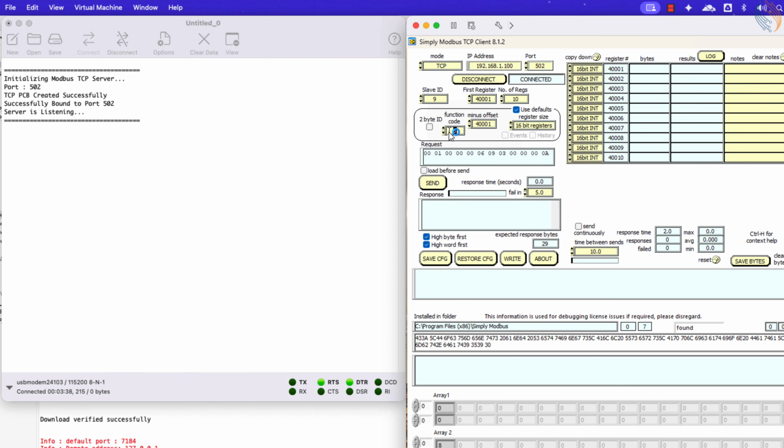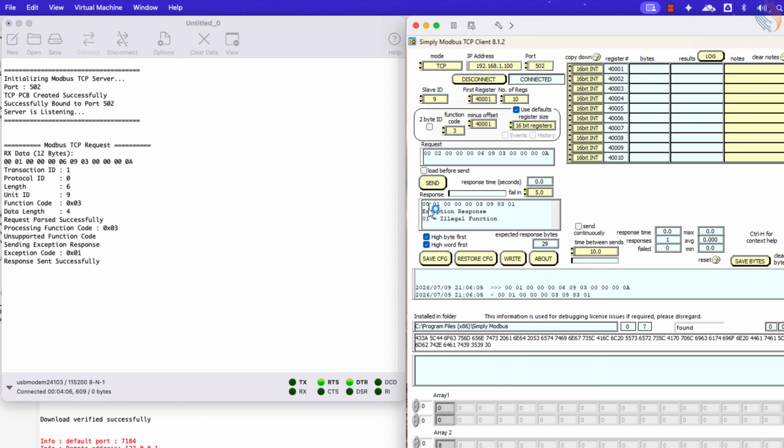We can now test with any function code. As I mentioned earlier, the server will simply respond with an exception, no matter which function code we use. Here, I am using function code 3, requesting 10 registers starting from address 0. This is the complete request, generated by the client. Let's send it to the server. We have received a response from the server, and it is an exception. The exception code is illegal function, which is exactly how we configured our